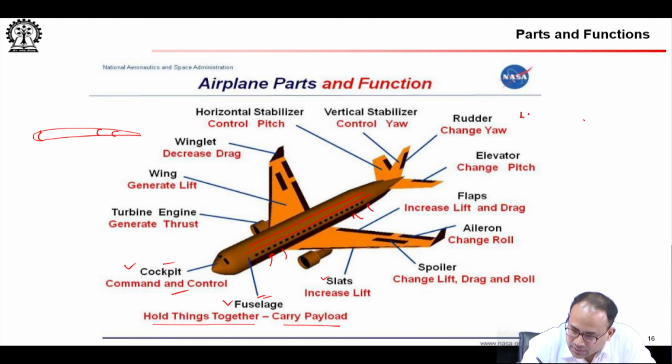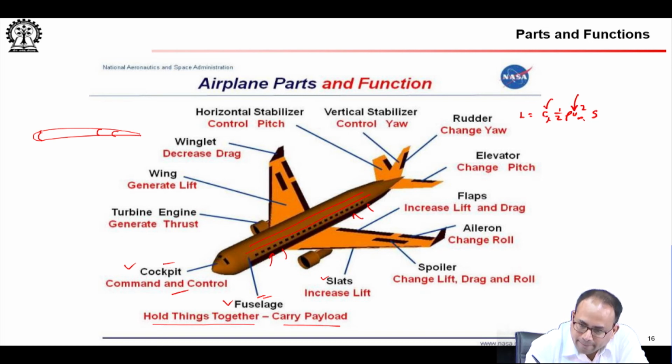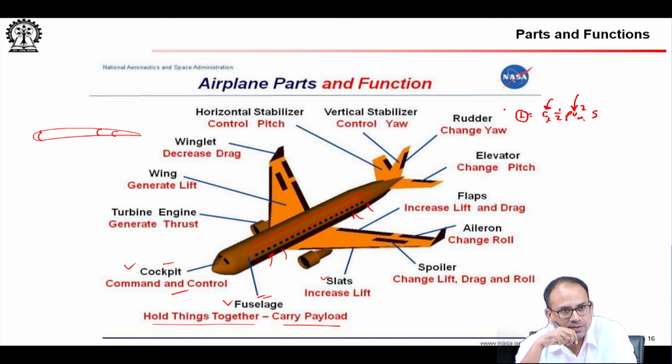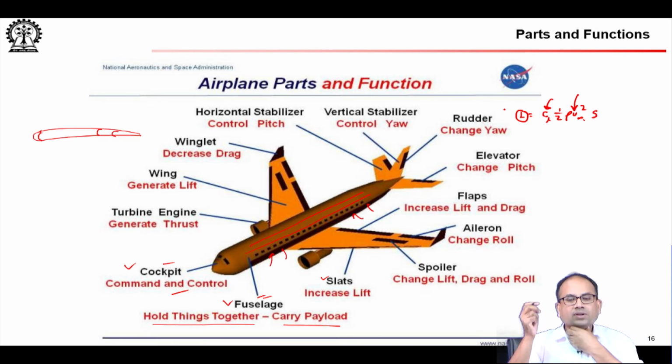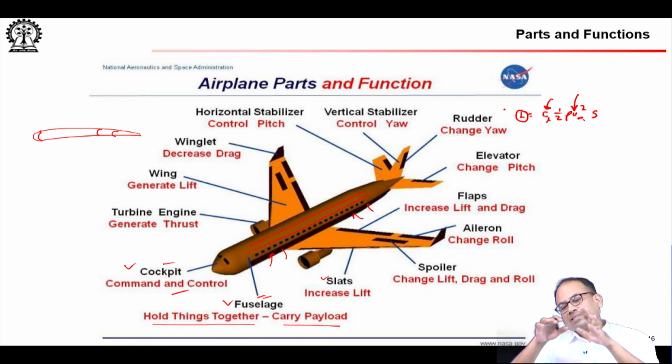your lift is CL times half rho u infinity square S. Now, when your aircraft is flying straight and level at cruise, you have a decent amount of u infinity. So, even with low CL you can generate enough lift to balance weight, and depends on what you have to balance, but nonetheless in straight and level flight you need to balance weight only. So, you can fly with less camber, less angle of attack, etc.